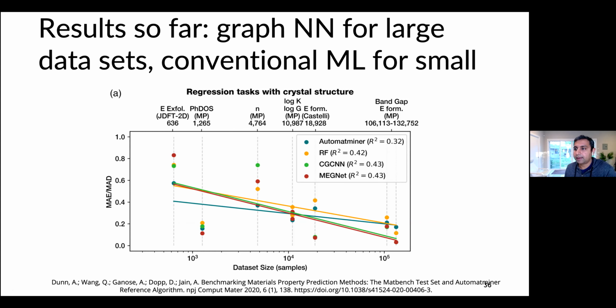Now, I will say that new methods are coming out all the time, and we might see methods that really do well across the spectrum. For example, the ModNet platform that I introduced earlier seems to do good across the entire range. And so as we see more and more of these models come out, we're going to see progress on this sort of slope.